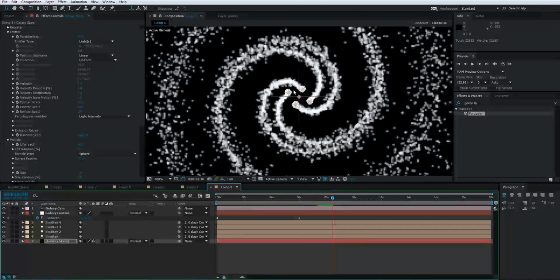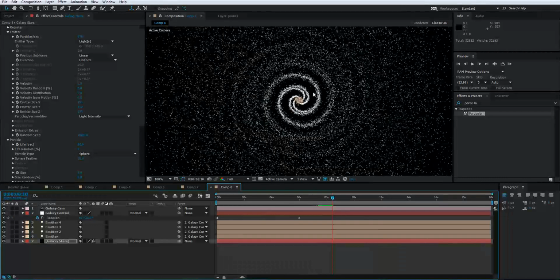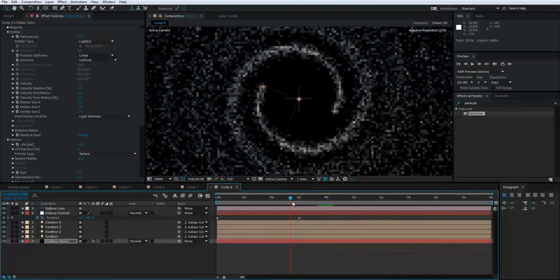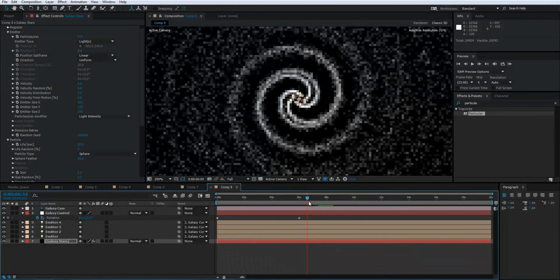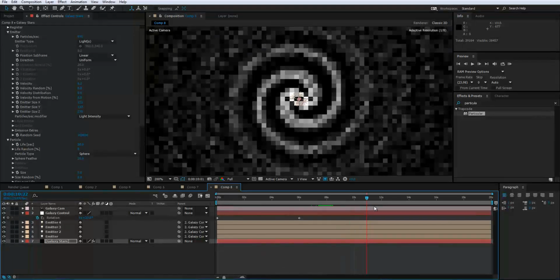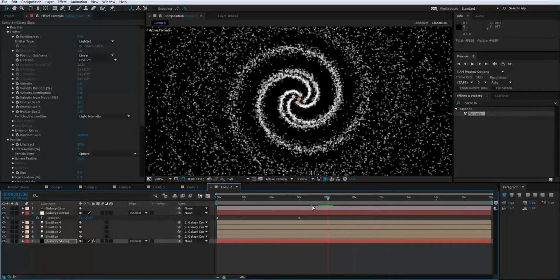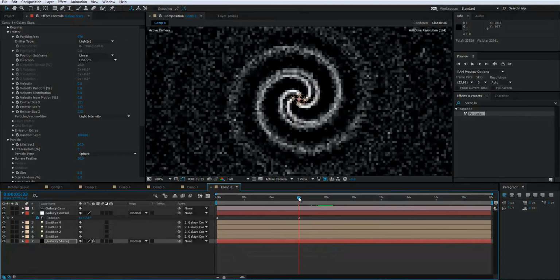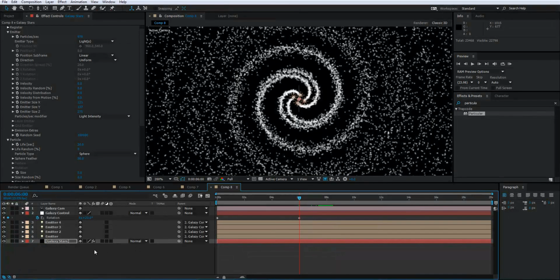So that's awesome. But now we kind of have a problem. We've got our particles set up the way we want to, but as soon as they stop, they keep going. As you can see by our center, they now have dots right there. And they're going to keep making dots, and keep making dots, and that's not good. So what we're going to do to combat that is we're going to move right on our 6-second